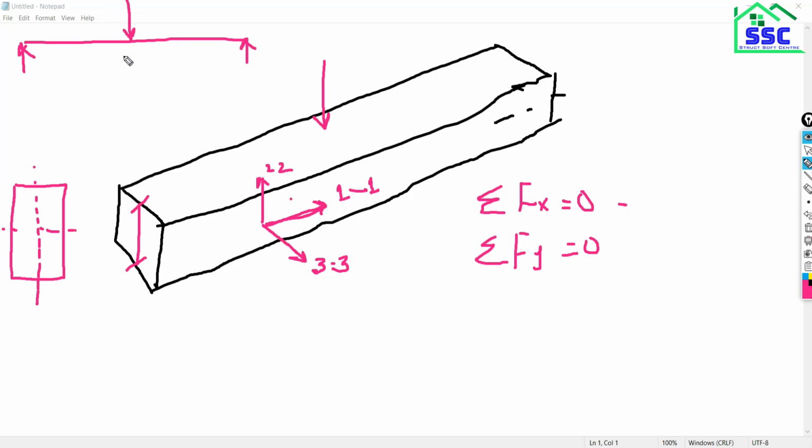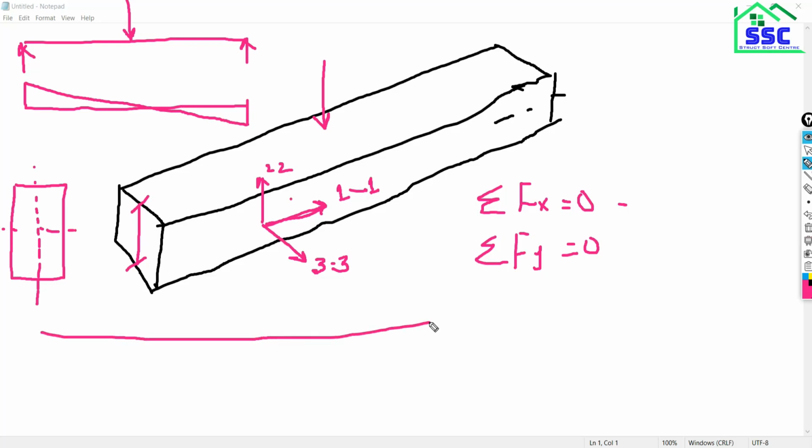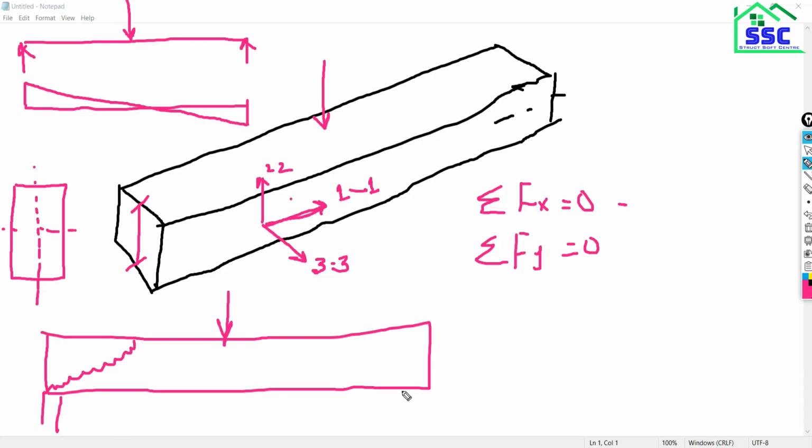Due to this vertical force, shear forces will be generated throughout the length of the beam, along the depth of the member. Once the shear force acts on the member, shear cracks will be developed like this. Under the loading and support condition, the cracks will be generated in this format.